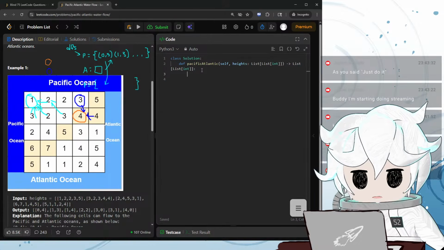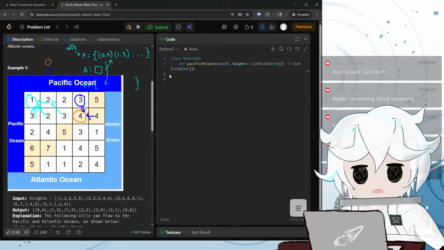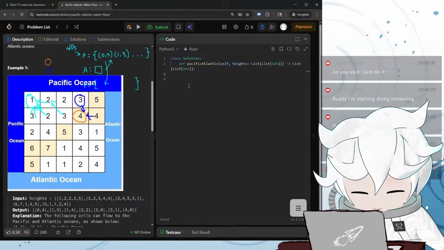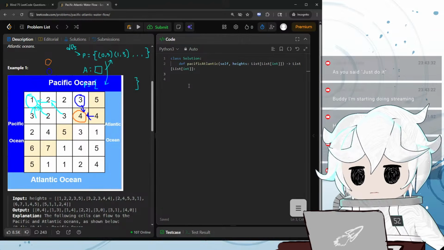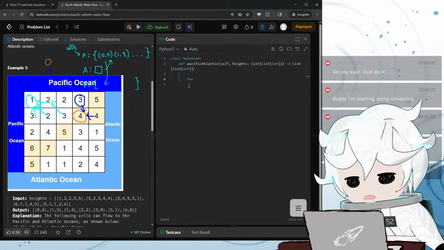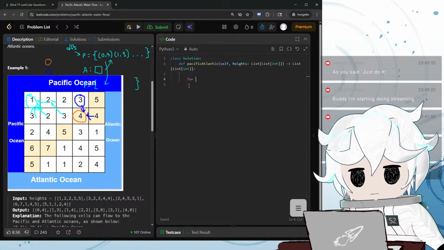Okay, so first we need to do DFS on all the squares on the top and the left. So let's do the top ones first. So for every single column,